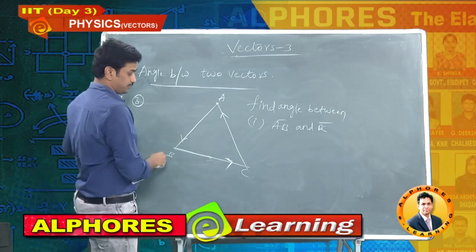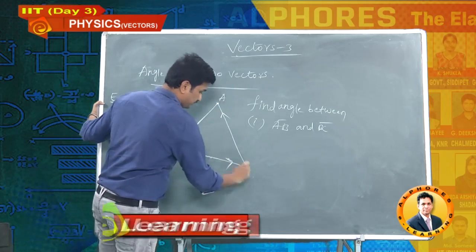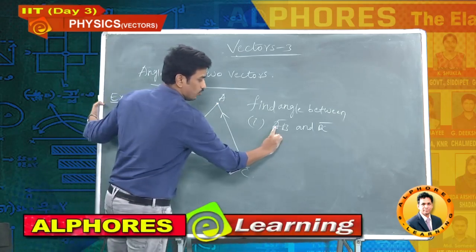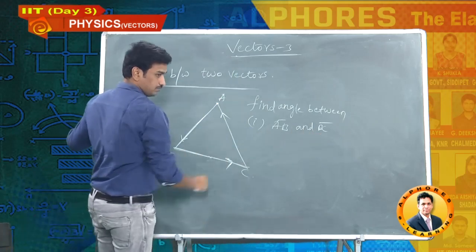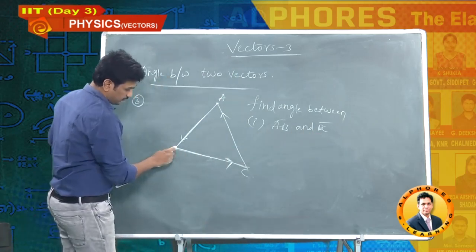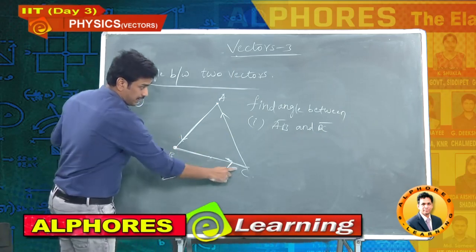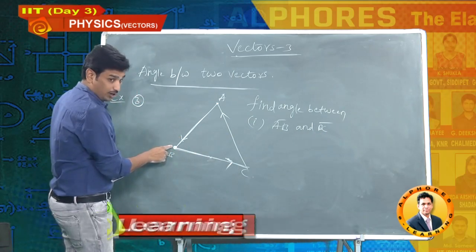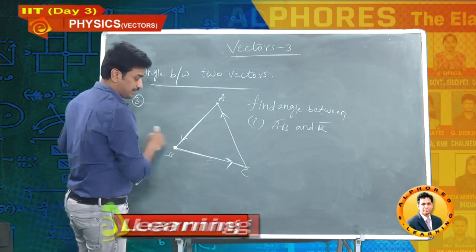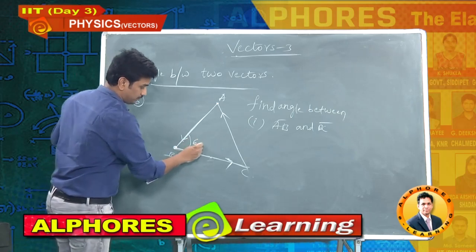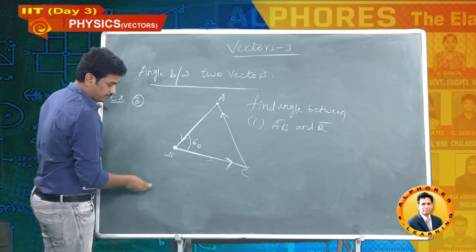First question we will see. This is AB, this is BC. AB going from A to B, BC going from B to C. See here, head of AB bar, tail of BC bar. We should not calculate the angle between AB bar and BC bar like this. This is 60. Can you shift this by parallel shifting?